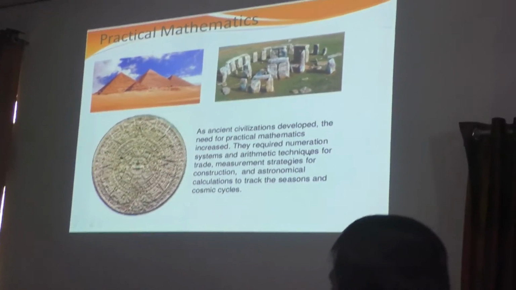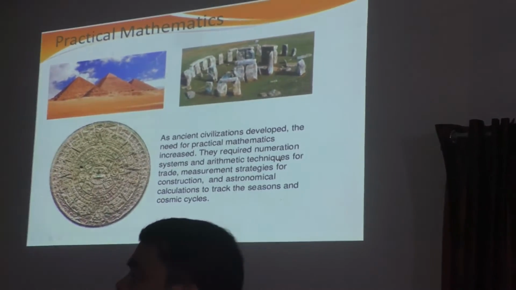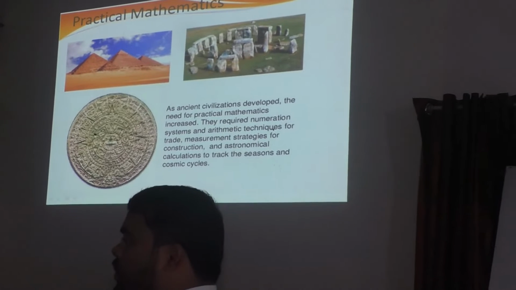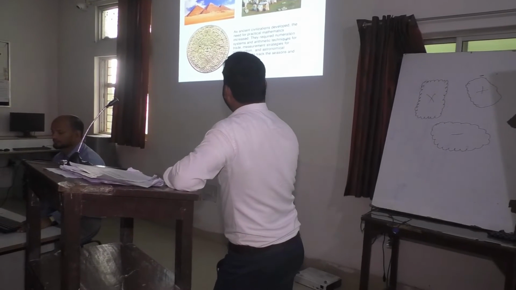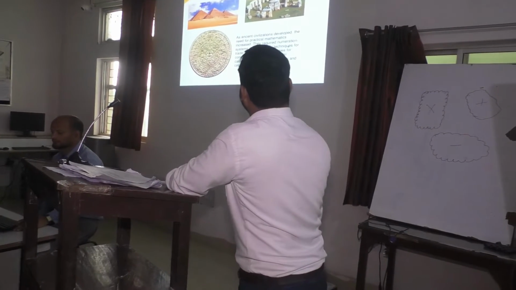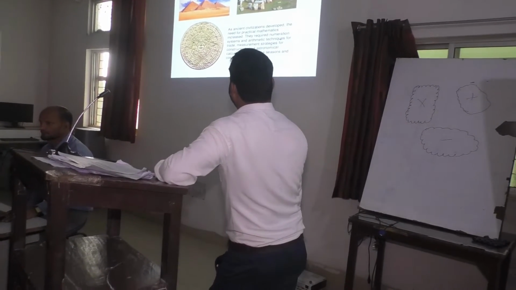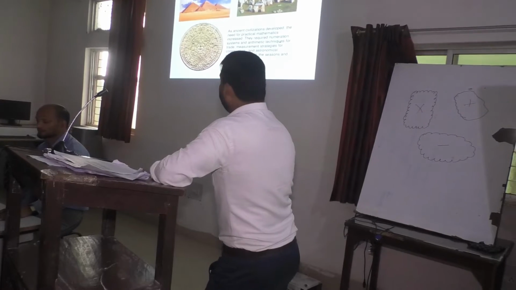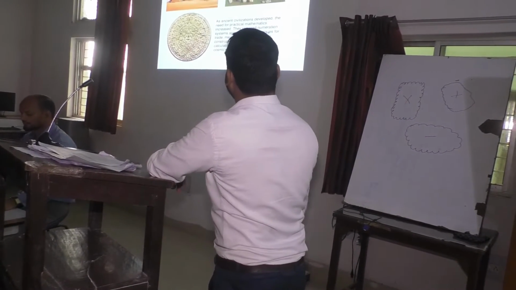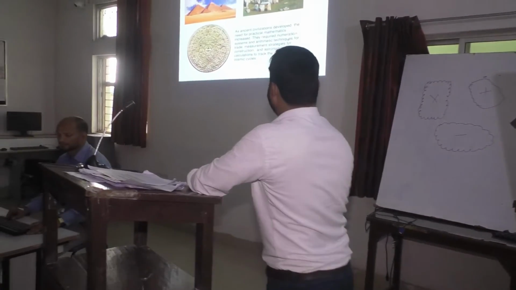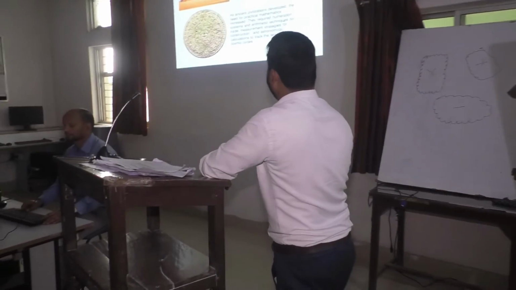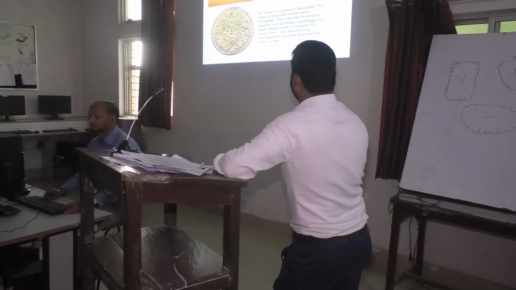Practical mathematics. Actually, there was a need to develop buildings, roads, canals. They used their mathematics, and ancient civilization developed. The need for practical mathematics increased. They required numeration systems and arithmetic techniques for trade, measurement, strategies for construction, and astronomical calculations to track the seasons